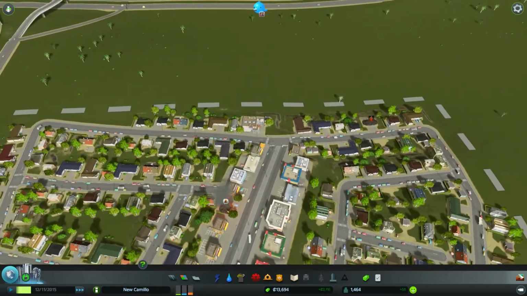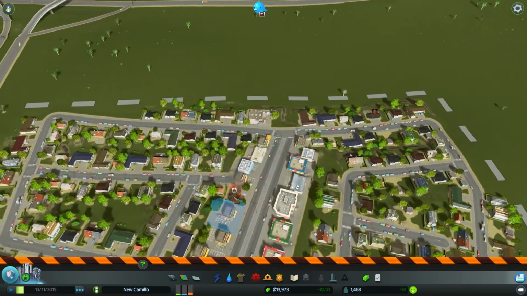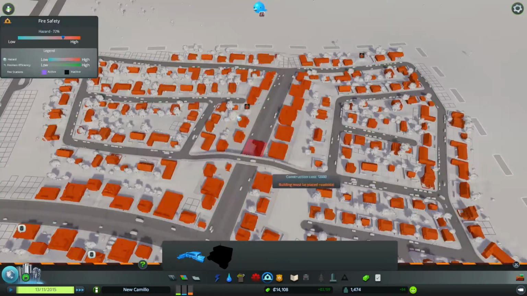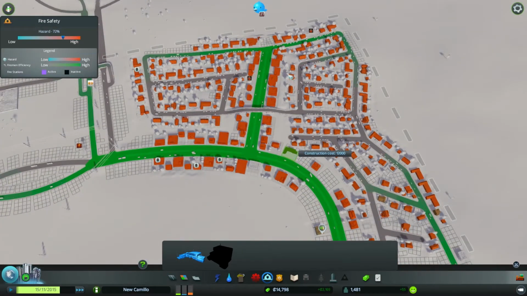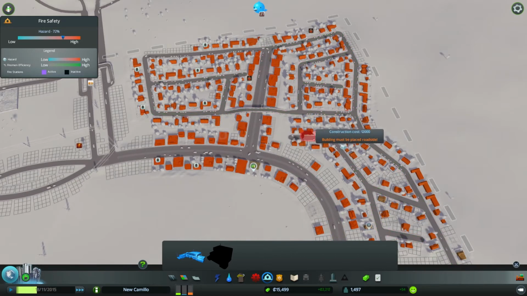Places move down here. We do have enough money now that we can get a fire station, and fire station seems kind of pressing given the fact that everybody's burning down their houses. So we want to get a spot where we have a decent amount of coverage. It means we're going to need another fire station down here. We may actually want to do a...